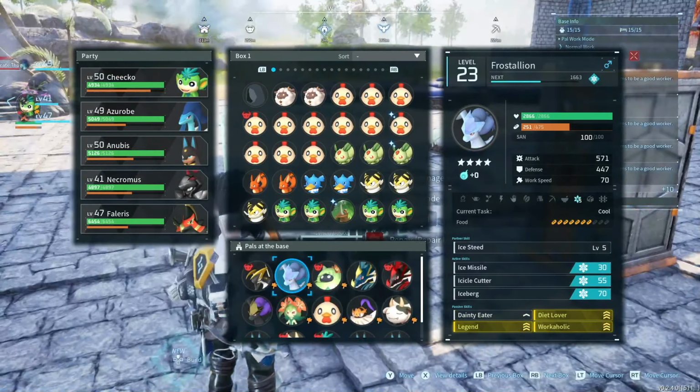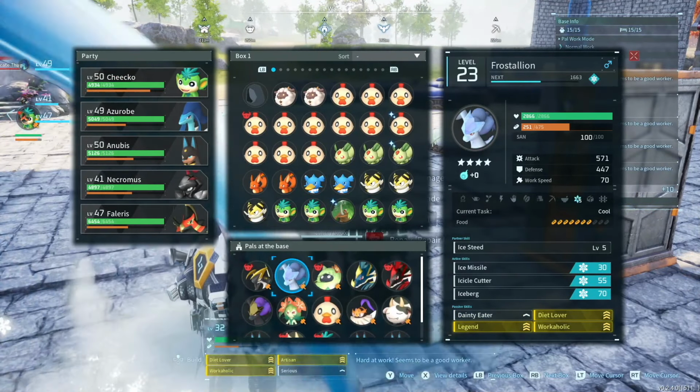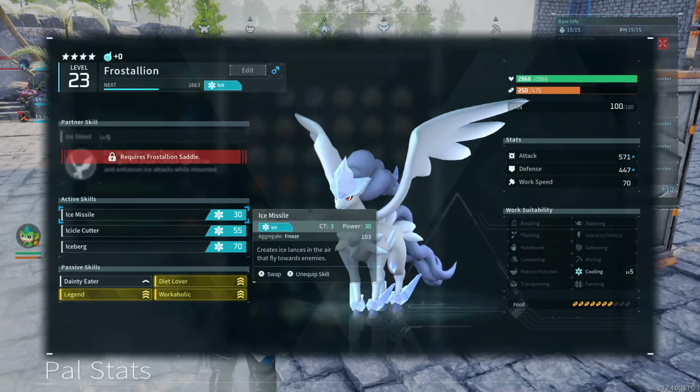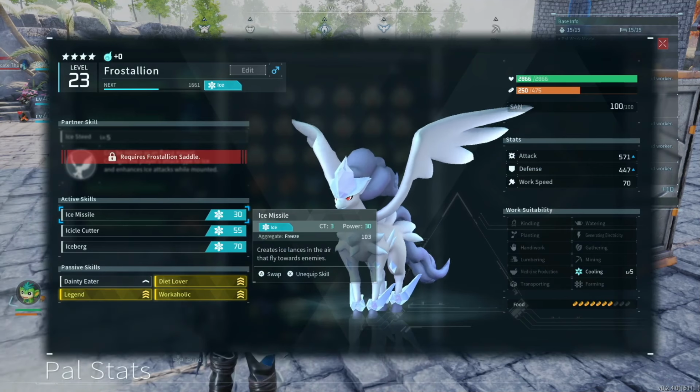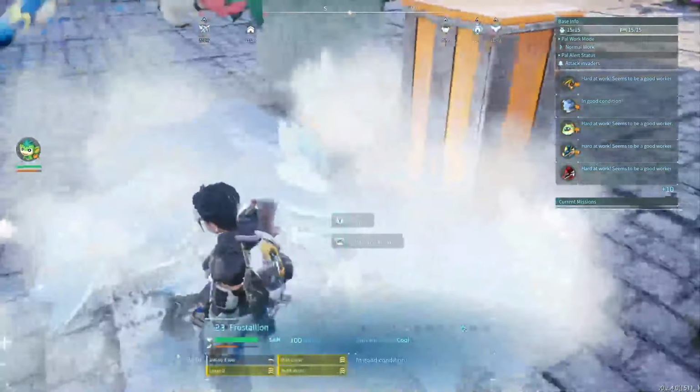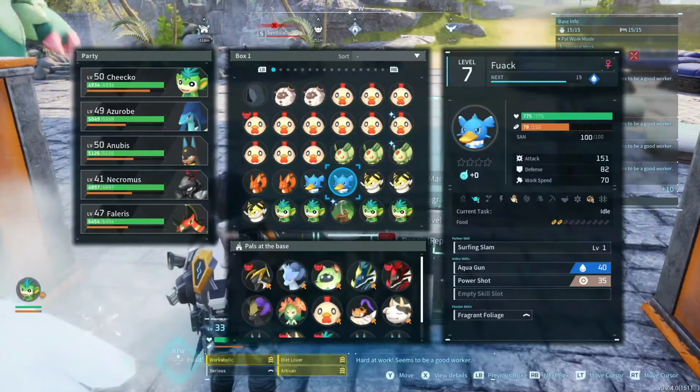Next we have our Frost Stallion, which is another epic, legendary. I call these guys Pokemon quite a lot. It has the cooling ability, which helps keep our food cool so it doesn't rot over time, which is fantastic. It's actually sitting right here. Next we have our